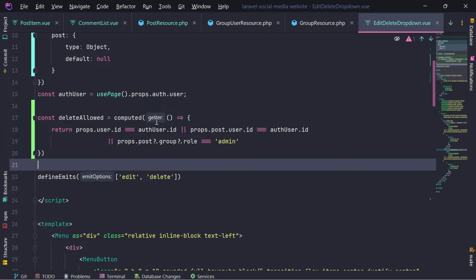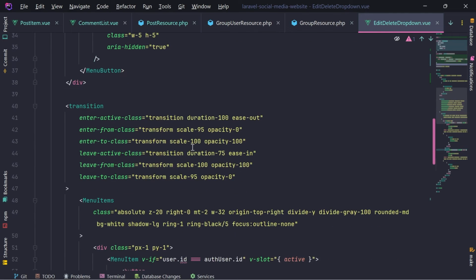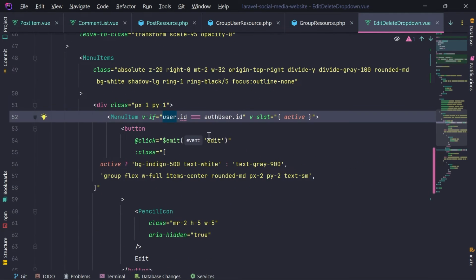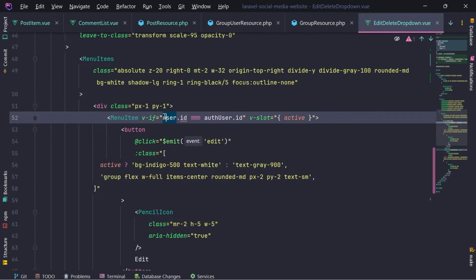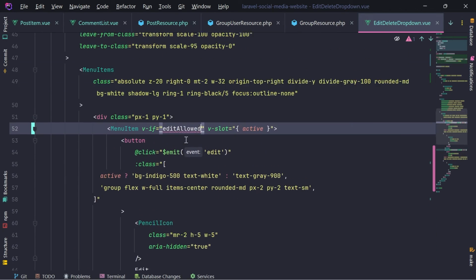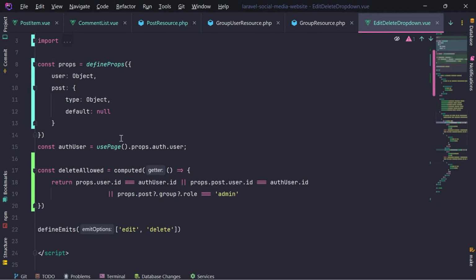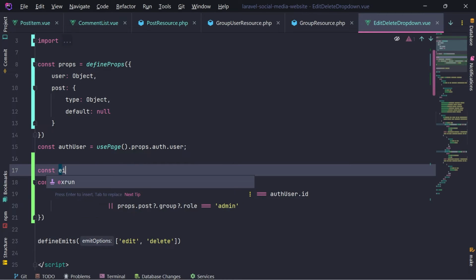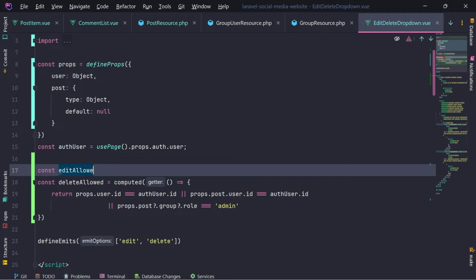So basically, we are using user variable here, okay? And let me actually create a computed property for this as well. Edit allowed. Do I use user anywhere else? No, I don't use user anywhere else. So let's create another computed variable, edit allowed,